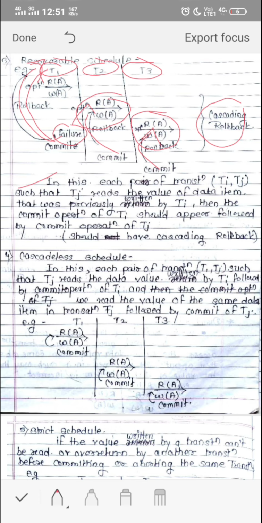You can see इथे मला पहिला commit operation कोणाच्या अगोदर आहे, right? You can see here, then the commit operation of Ti, म्हणजे T1 चा, should appear followed by the commit operation of Tj. जर मला हे करायचं असेल तर मला काय करायला लागेल, हे commit operation इथं नको व्हायला. This commit operation should be above the T1, then it will get completed. Likewise, this particular commit operation will be above here somewhere, right? Then it is a recoverable schedule. Okay.